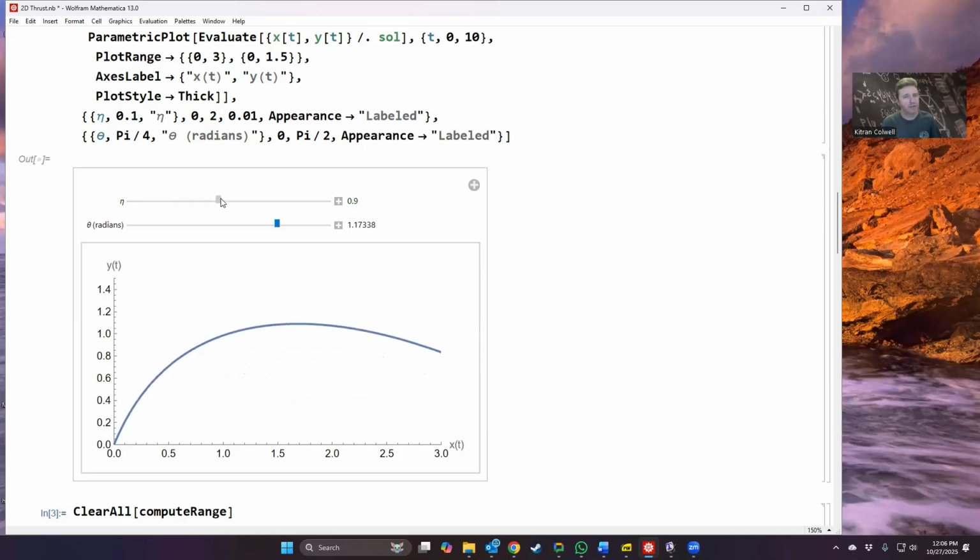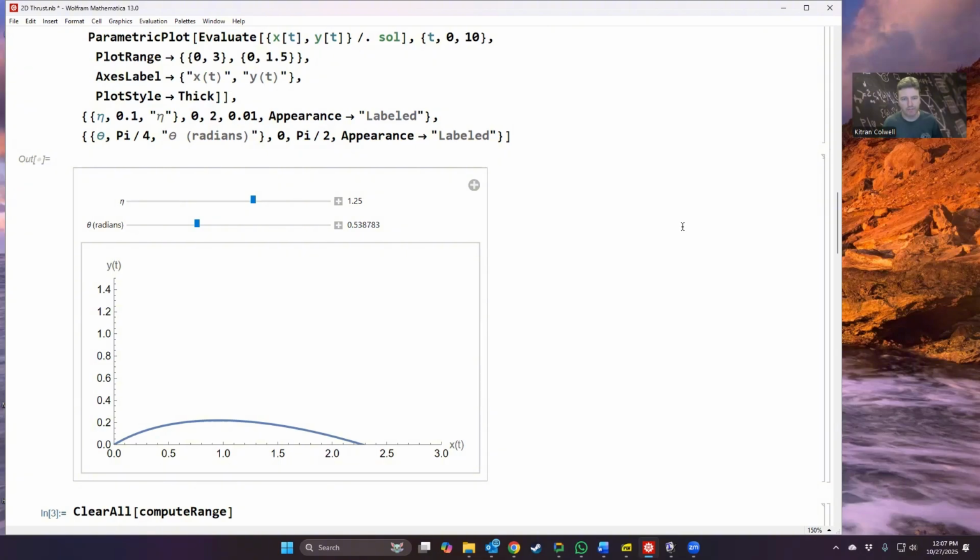We can also see that if eta gets too big, this trajectory might just never come down. After all, if eta is greater than 1, then your thrust strength, at least in the vertical direction, would be equal to or greater than gravity. And so you just might never come back down at all. You've left. So this really is only going to work for eta less than 1, unless we're also launching off to the side. So for example, if I have a really shallow launch angle, even if eta is greater than 1, I can still come back down because gravity is beating out the thrust component in the y direction. But let's mainly deal with eta being less than 1, so that I can look over all possible angles